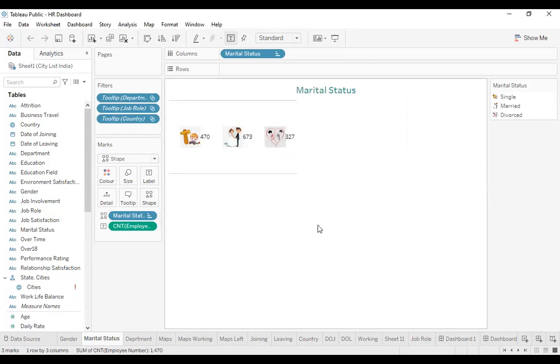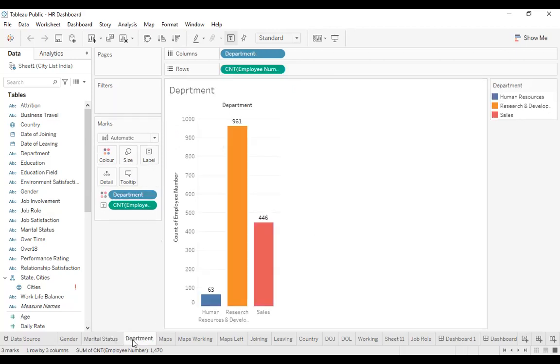Now, for good visualization, if you put lots of visuals and charts in a single visualization, it becomes odd. So what we can do is use our custom tooltip to the maximum, so that we can have these values displayed. In the case of the department, we have got human resource department, research and development, and sales. The data are arranged in a haphazard way.